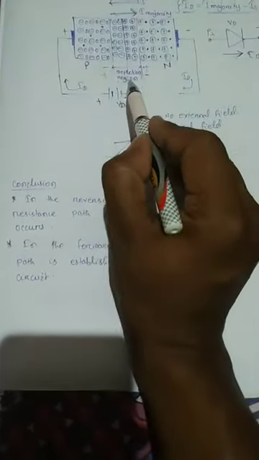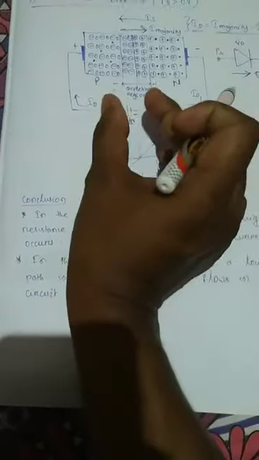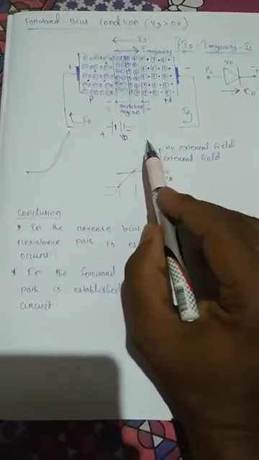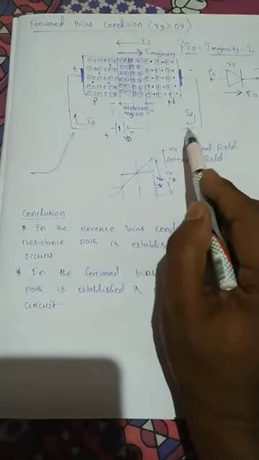As you increase the forward voltage, the width of the depletion region continues to decrease until a flood of majority charge carriers flows from the p side to the n side and from the n side to the p side. As a result, there is an exponential increase in the majority charge carriers, that is, the diode current will increase exponentially, which we will discuss in the next video lectures. So in forward bias condition, current flows in the diode, and that condition is also known as the on condition for the diode.